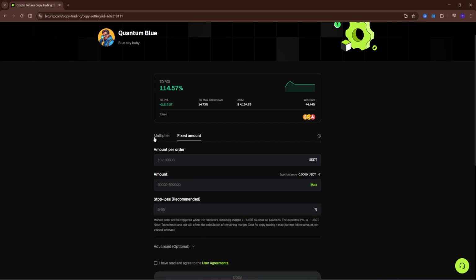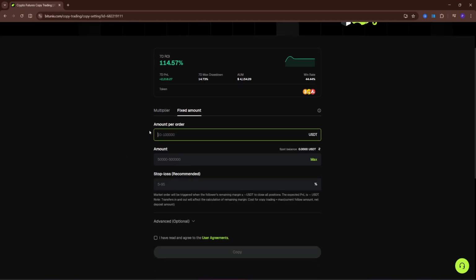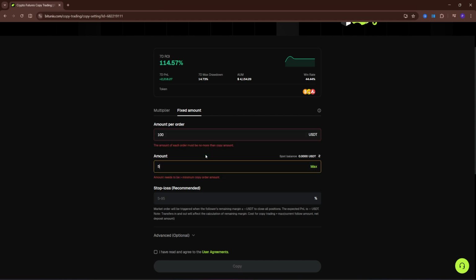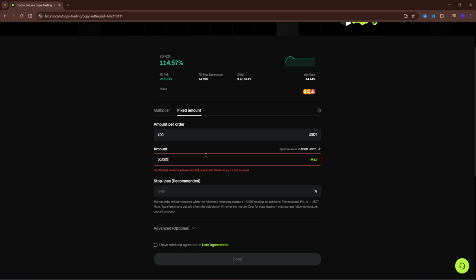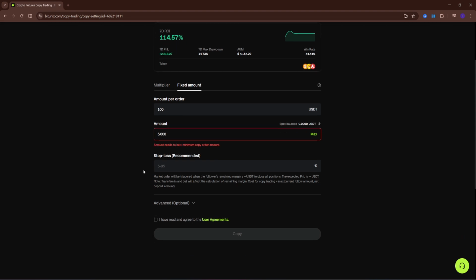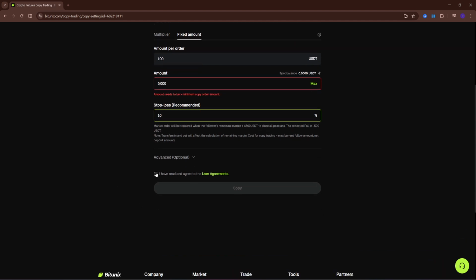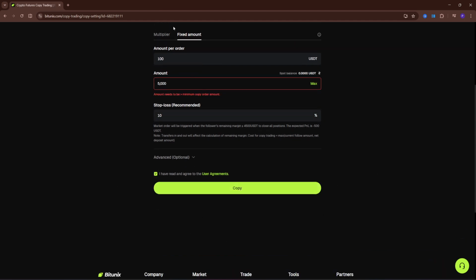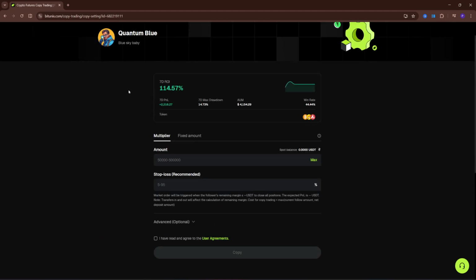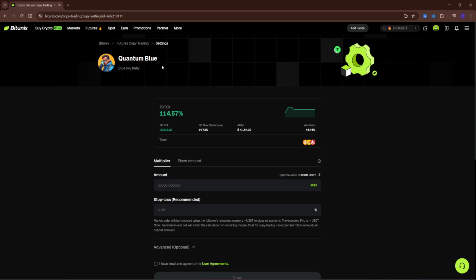So fixed amount or multiplier. So if we go to fixed amount, we set up here amount per order, then amount. So let's go with this one, something like that. And then we can also set up the stop loss. And when we are happy with it, just hit the copy button and we will basically now copy this trader